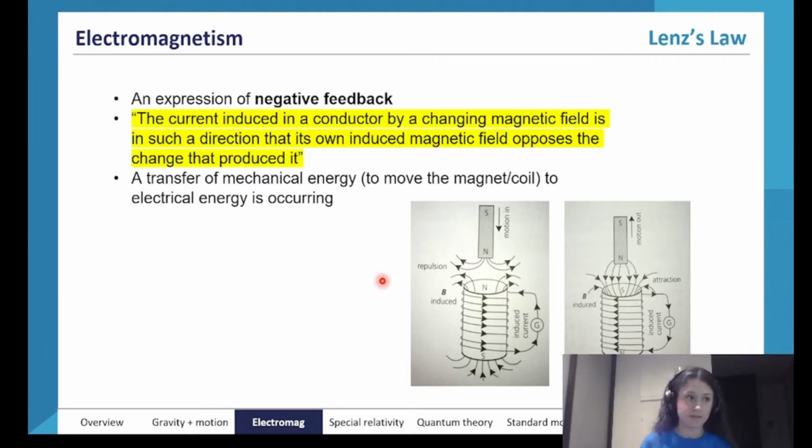Now, the reason that this occurs, as I said before, is the law of conservation of energy. So think about this. If you moved your magnet into the solenoid and it induced a current that pulled your magnet in. So you're standing there next to the solenoid, you have your magnet, and your solenoid is pulling the magnet in, right? This doesn't make sense. Think about why this scenario doesn't make sense. Pause the lecture for a second and have a think about it.